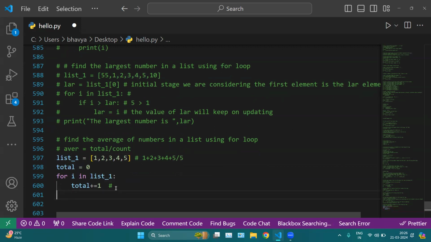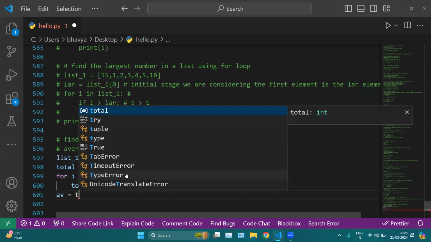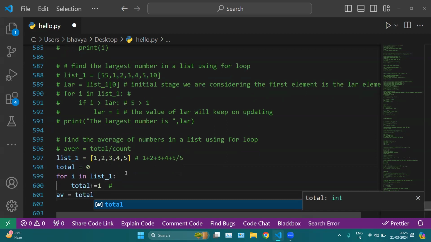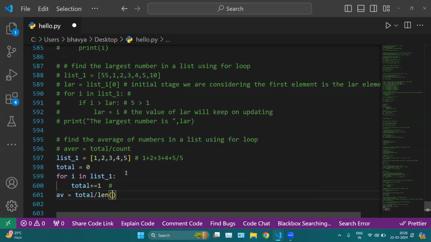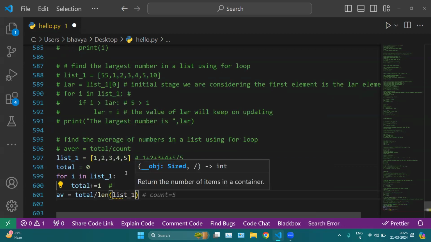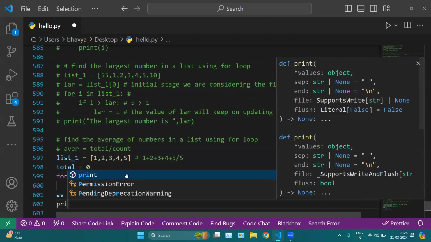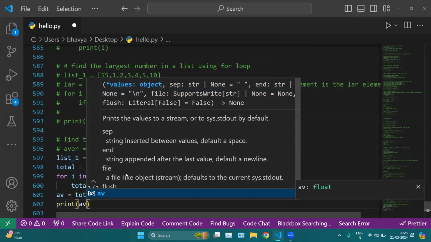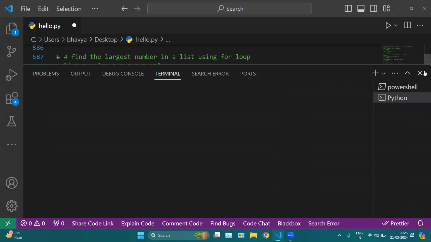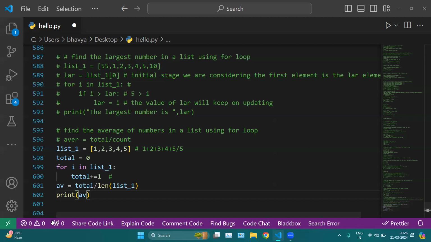After this one, we can use average equal total value divided by the length of your list_1, and then we can print your average. So here we have this list and here we have this initial value, which is